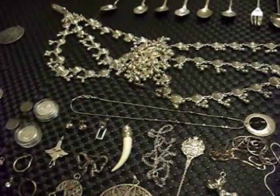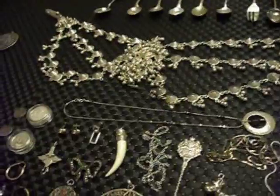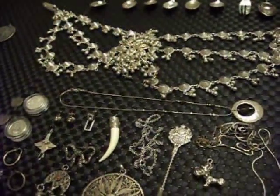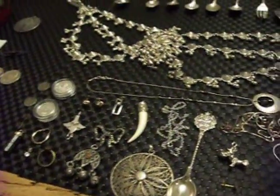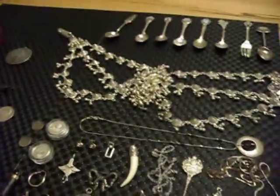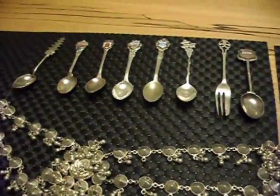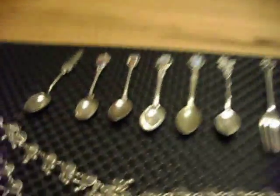She was buying bits of costume jewellery and things like that, and we got stuck into the rummage type places. But first of all, I went to a stall that was selling novelty spoons and stuff, and I picked up these spoons up here. They had some silver spoons as well, which I'll go into in a second. But I bought all the ones up here